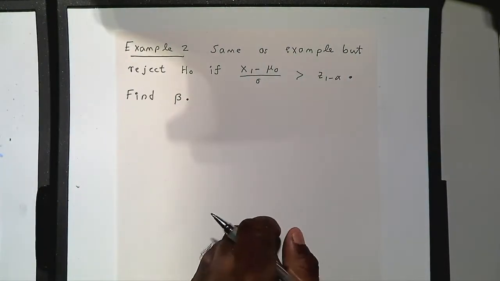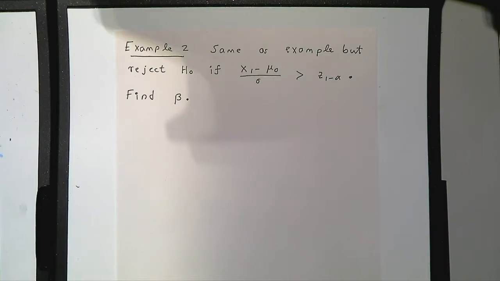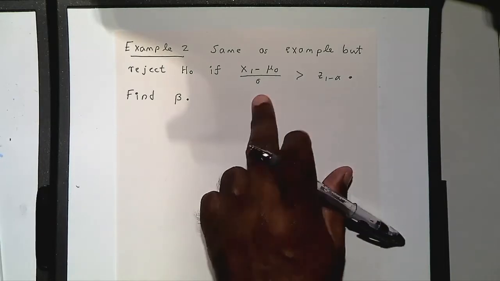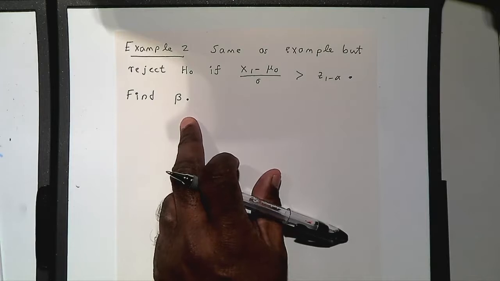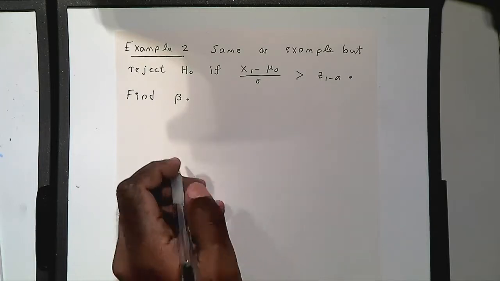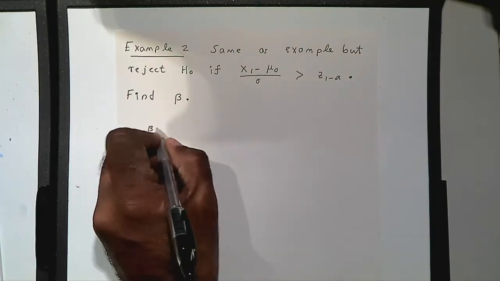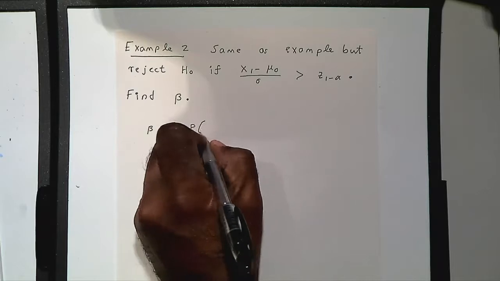Example 2 is the same as example 1. If you want to know, this is example 1. Then hopefully you can see this here. This is example 1, guys, right? It's the same as example 1, except the rejection rule is different, right? And we want to find, once again, the value for beta, right? So beta is the probability of type 2 error